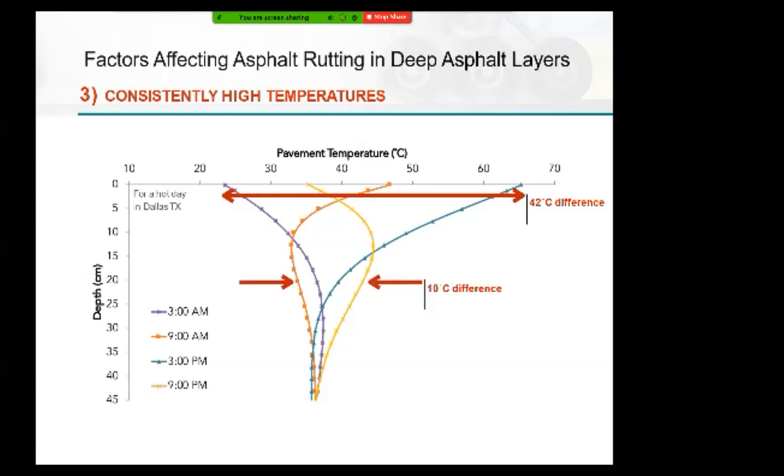If you go a bit deeper, the average temperature is a bit less. It's not like 40, it might be like 38 C. But its range is smaller. It's only going to change from 28 C to 48 C, a 10 degrees C difference. So the average is high, 38, but its range is also high.